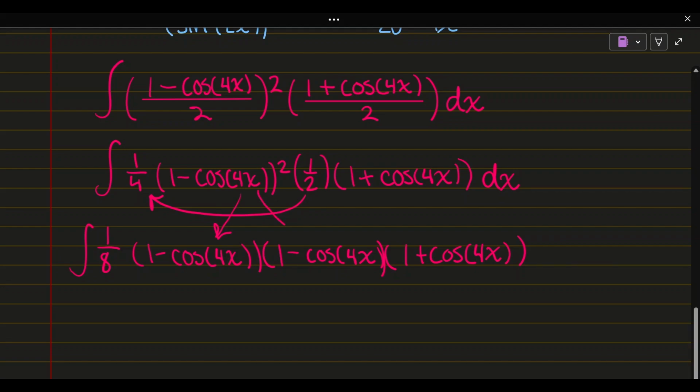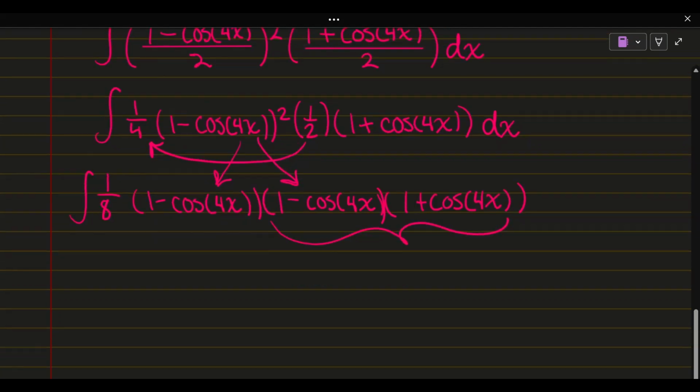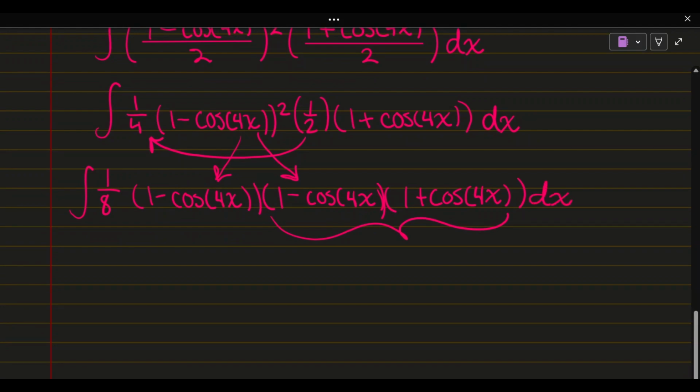I just split this square up into 2 separate factors. Here I can use the formula for difference of squares. It's going to make this a little bit easier to compute. So I'm going to move this 1/8 outside. 1 minus cosine of 4x times 1 squared is 1 minus cosine squared of 4x